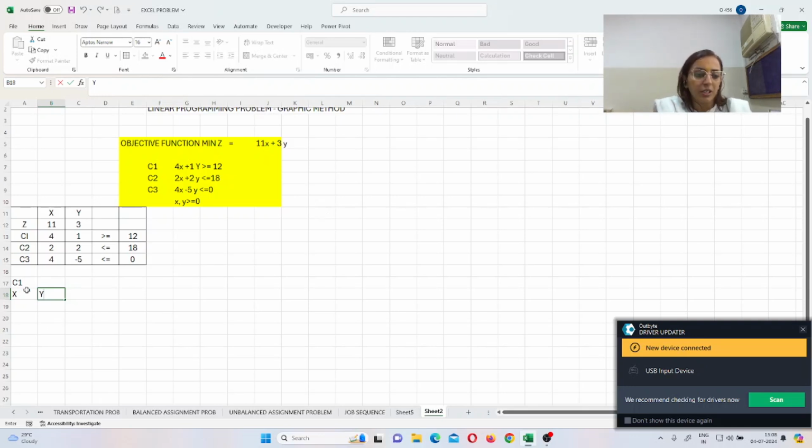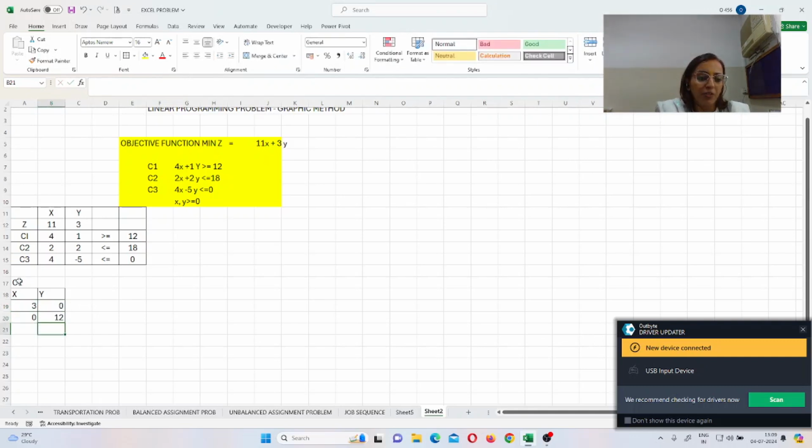So for the value of C1, I just have to find two values, making it in a box, right? I just put all the values in the equation. Taking the value of X as 0, what will be the value for Y? And if I am taking the value of X as 3, what will be the value of Y? Now in the first equation, if I am putting Y as 0, the answer for X is 3, and when X is 3, then Y will be 0. You just have to put it in the equation and you're able to find it, right?